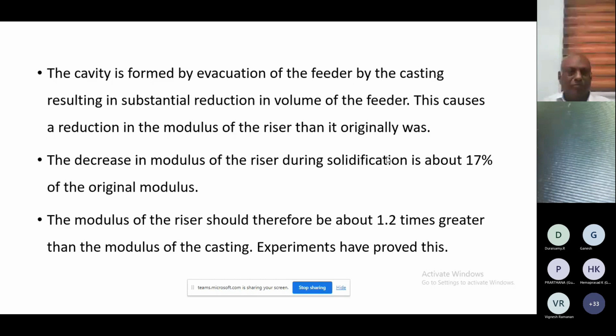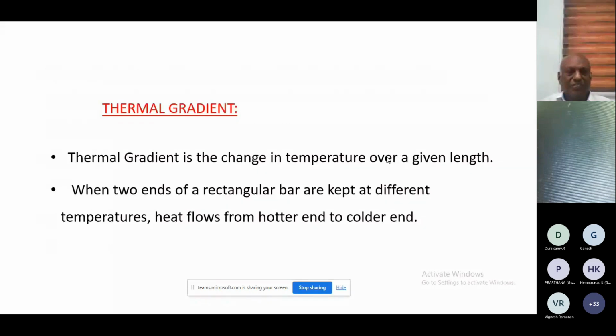Thermal gradient. Gradient is the change in temperature over